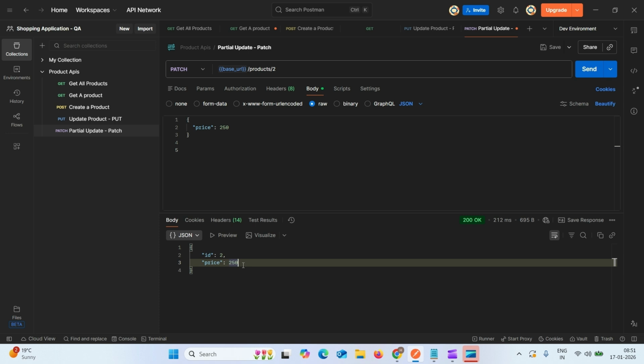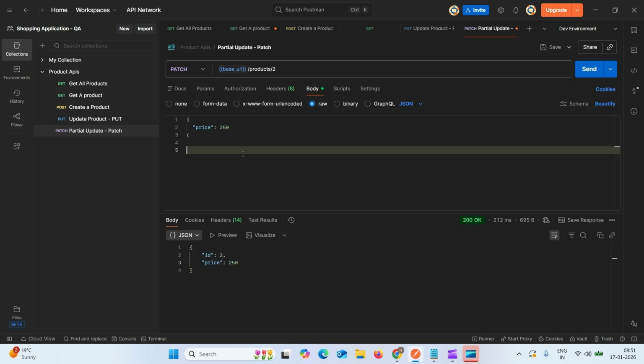Okay. So this is about put and patch. So you know that the only difference is in put we send the complete JSON object, but in patch we will send only the field we want to update. That is the difference. And in both we have to send the JSON body, that is mandatory, and we have to pass the unique identifier in the URL. Okay, so that is important in put and patch. The next thing is